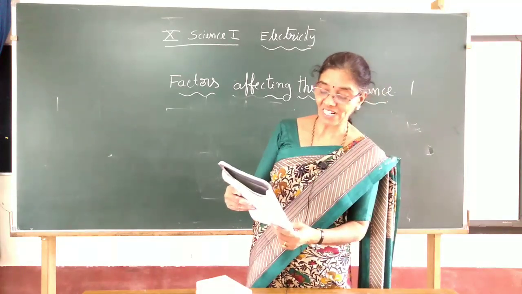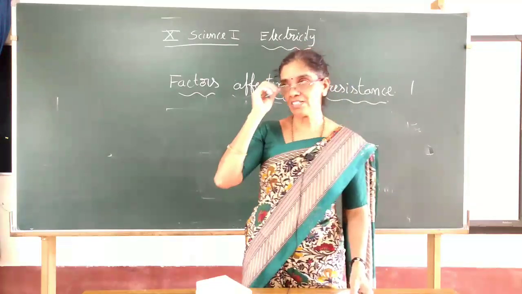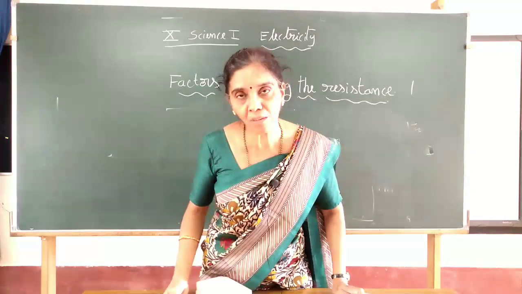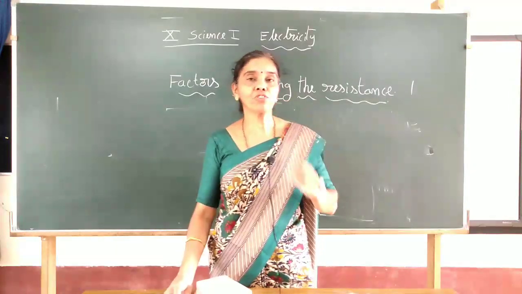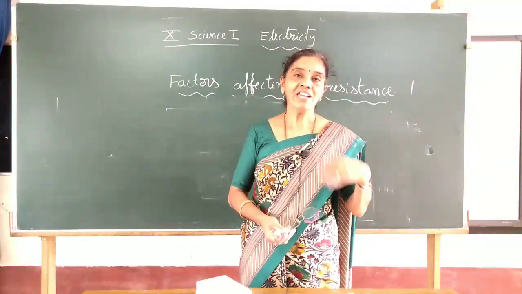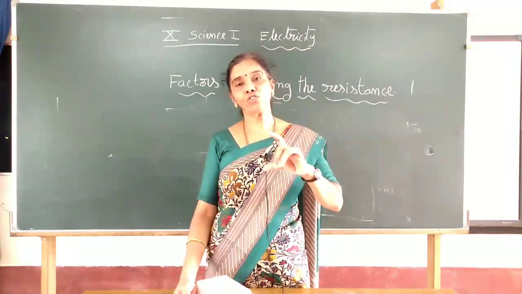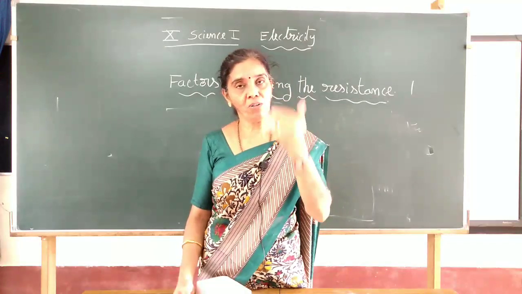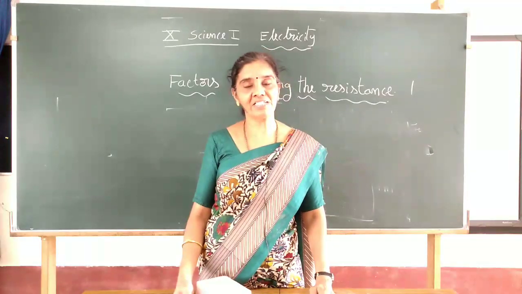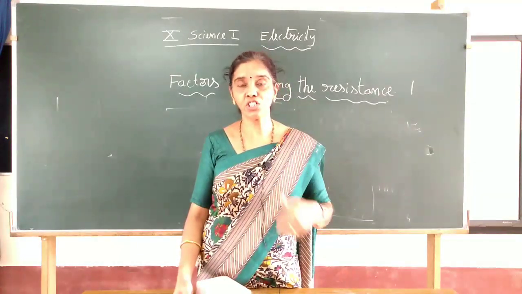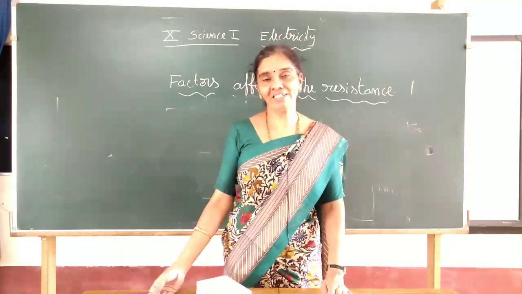Copper is also a good conductor of electricity. Aluminium. Tungsten. What is tungsten, children? This is the material they use in the filament of the bulb. If you see your bulb, it has a thin filament inside. When current flows through that, due to its resistance, heat is given. You have learned the heating effect in the small class, right? So when any current flows through any material, it is resisted by the material. We call it resistance. To overcome that resistance, energy is used in the form of heat. So that conductor gets heated up.